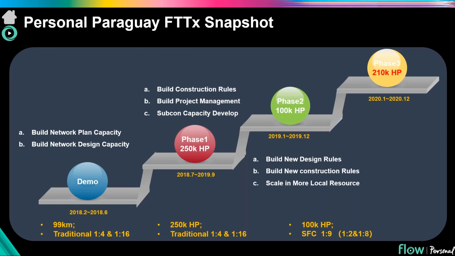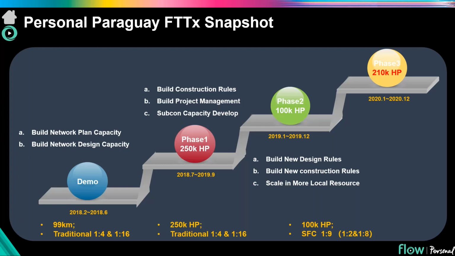The original plan was to deploy a 350,000 home pass FTTH network with traditional 1/4 and 1/16 splitting level architecture, all this in 5 years. But then the plan was changed and we needed to speed up the construction in order to finish it in no more than a year. Based on this situation, we increased the construction capacity and took full advantage of pre-connection technology and solutions, and completed the construction of these 350,000 home pass in 1 year, and have already obtained a large number of FTTH users.